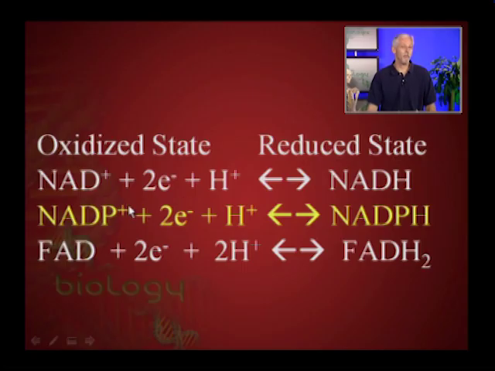back to NADP. And then last but not least, FAD can pick up 2 electrons and 2 hydrogens. It's reduced to FADH2. It can give up those hydrogens and electrons to another molecular location, and it's oxidized back to FAD. So let's go ahead and look at the role of electron carriers in something that we videotaped a